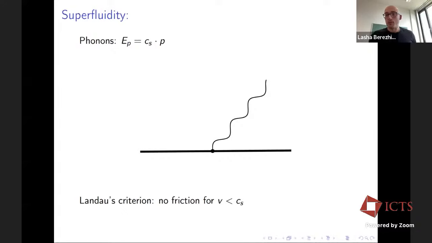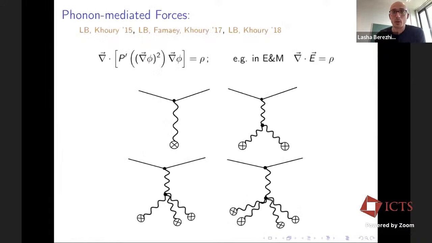You only have sound waves, and that's the main feature that we need to concern ourselves with, at least for the purposes of this talk. Now, the way we arrived at superfluidity was we were thinking about how to have environmentally emergent Milgrom's law within galaxies. And we were thinking that the sound waves in a superfluid, which are massless excitations, right? They're waves, sound waves. They could, in principle, mediate long-range forces if baryons, for instance, could exchange them.